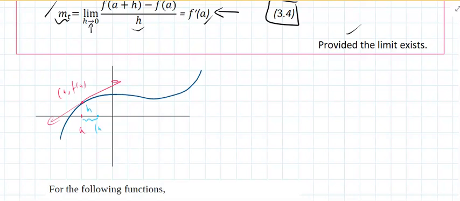And this point becomes a plus h. So when we go up to the function, we say, look, this point is a plus h, f of a plus h. And the slope of the secant